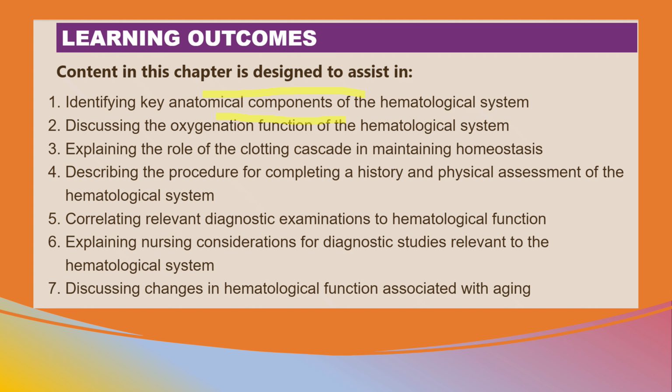3. Explaining the role of clotting cascade in maintaining hemostasis. Again, it's pathophysiology. The clotting cascade is a series of enzymatic reactions that lead to fibrin clot formation. It includes the intrinsic and extrinsic pathways, which are converging on the common pathway, the factor 10 and 10A, the X and XA, resulting in